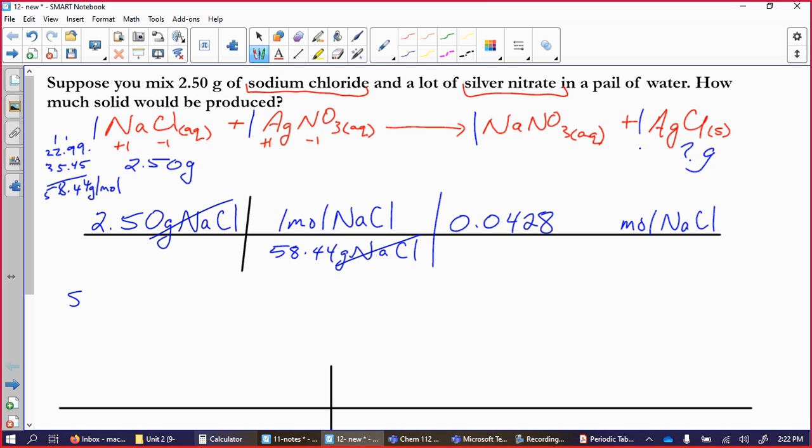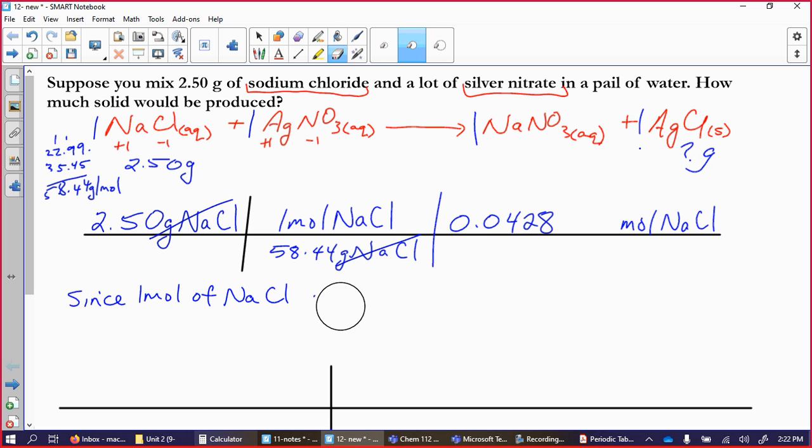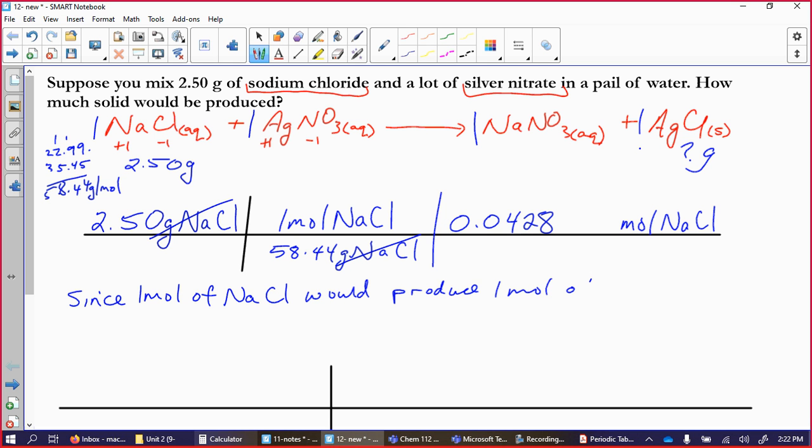So if 1 mole of this produces 1 mole of that,